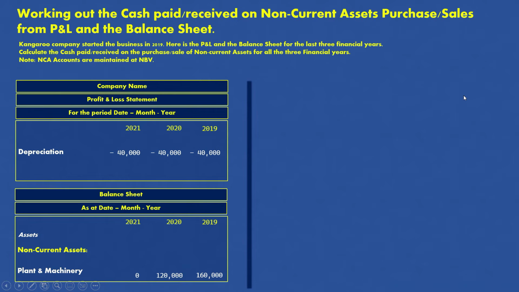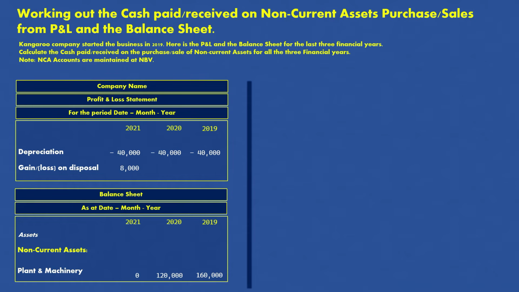So we are back to the same scenario again, but this time I want to tell you something different. Everything is the same, the same depreciation and same plant and machinery values in the balance sheet. But we need to focus on 2021 this time, and I just need to add one piece of information on my profit and loss statement, and that is gain or loss on disposal. So in the previous scenario that we were just discussing in the previous lecture, there was no gain or loss